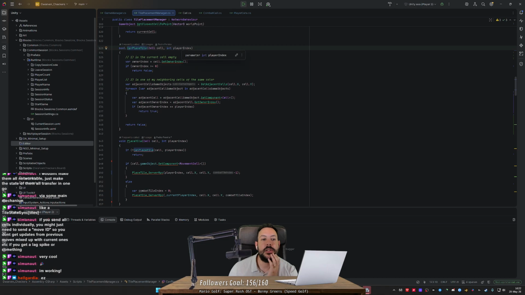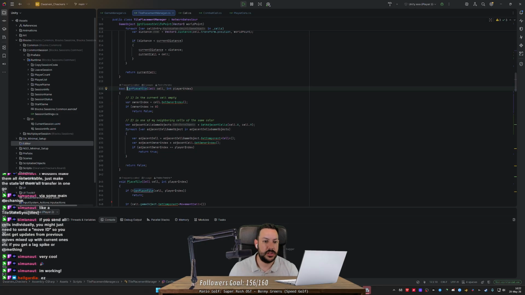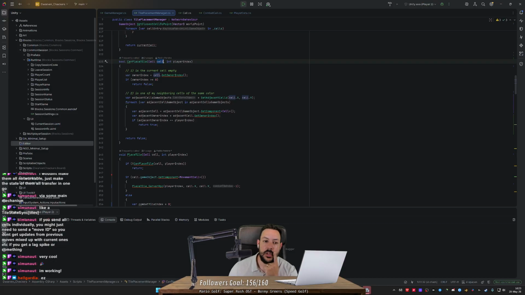Because if the cell that I'm hovering over, hold on, what's this? Can play style nearest cell. So I get the cell, I get adjacent cells. The current cell is empty. Yeah, well, it's not only if it's empty, because if it's a combat cell and the index is different than my own,